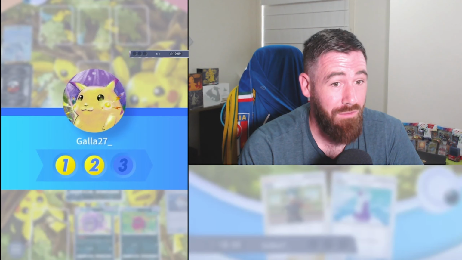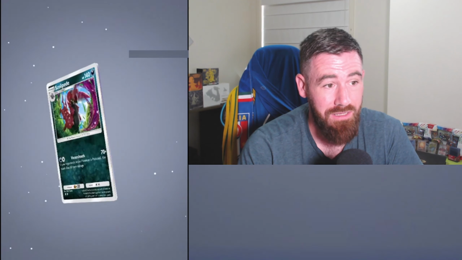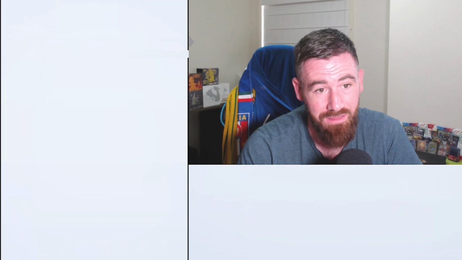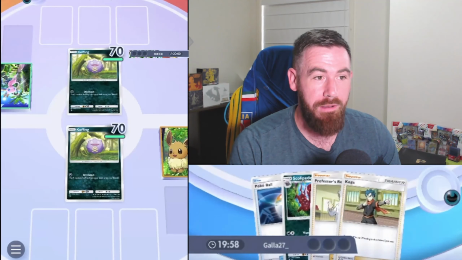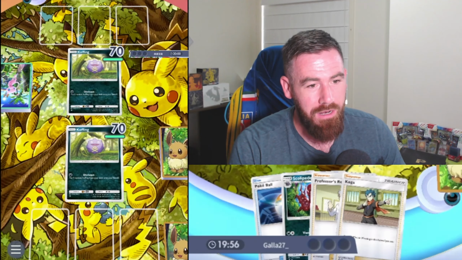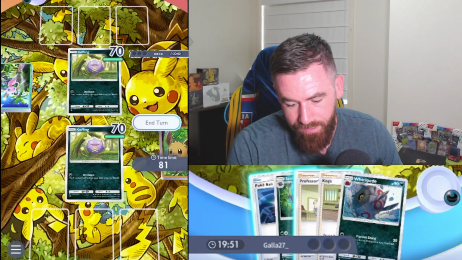We did get very lucky with our Pokemon draws there to be able to have a Scolipede on turn, what, 3 basically. And he didn't really have anything to do there. Very effective. And now we get a mirror match. All right, let's see who can play it better. Let's see who gets the draw. We've got a Whelpede and a Scolipede. If we can...